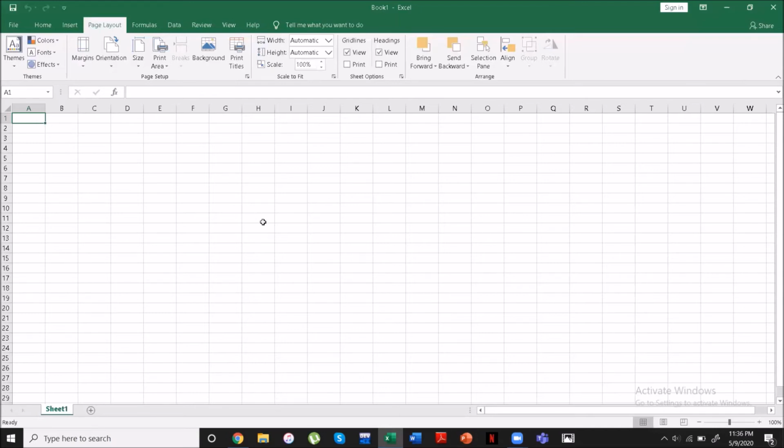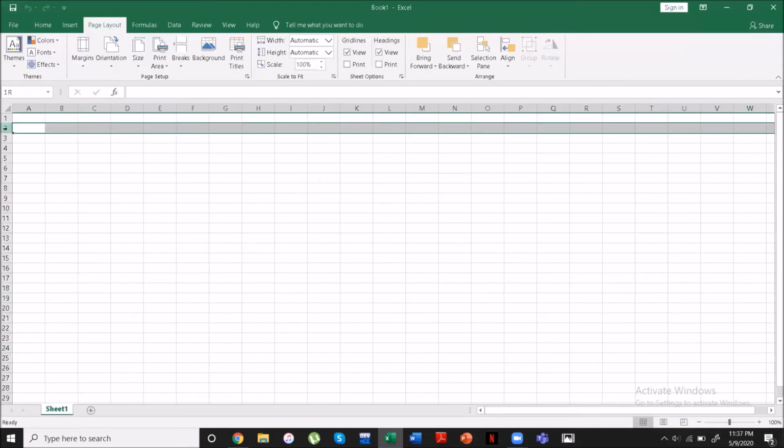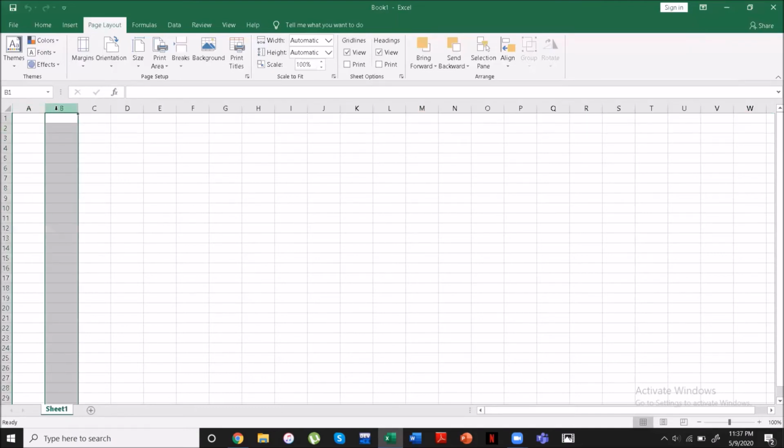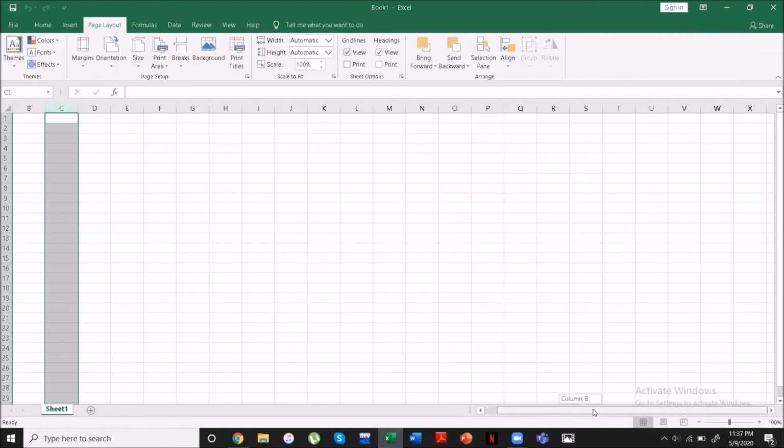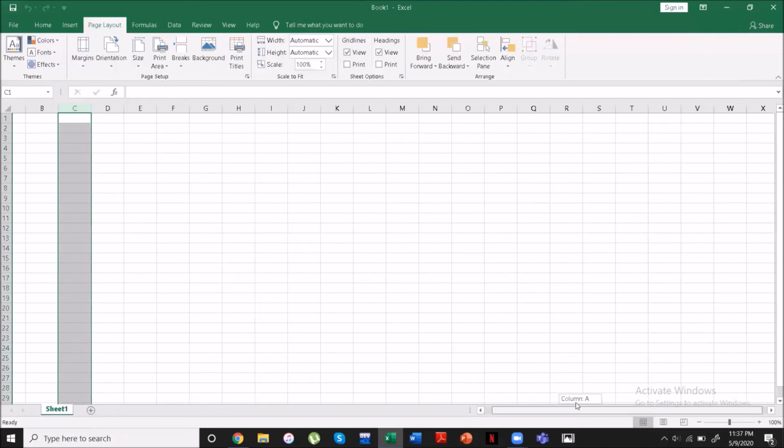A couple of other layout terms that you're going to need to know in the spreadsheet itself is that, well, this is the spreadsheet, and spreadsheets are made up of columns and rows. So you see that we have a column A, a column B, column C, etc. And if I browse to the right, you can see that there are even more. And if needed, it'll just keep on going to the right, adding more and more columns. Once it gets to Z, it goes to AA and so on.